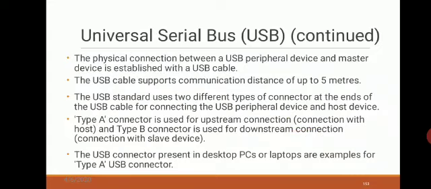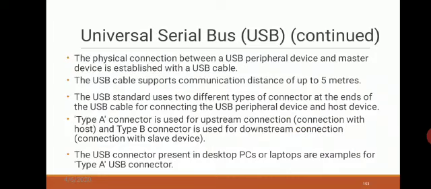The USB standard uses two different types of connector, as I said earlier, at the ends of the USB cable for connecting the USB peripheral device and the host device. Type A connector is used for upstream connection, that is connection with the host. Type A connector is nothing but that rectangle one which you connect to your PC, right? So that is called the type A connector.